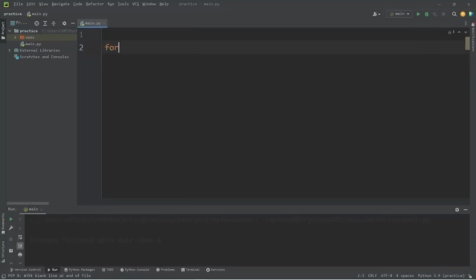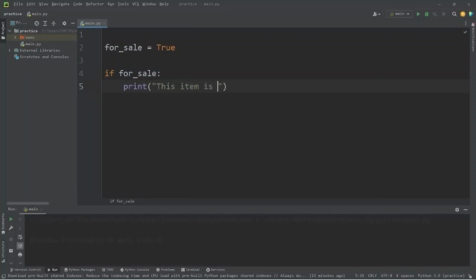One important thing that you should know is the use of Booleans with if statements. Suppose we have some Boolean variable named for sale. I'll set this to be true. Now, using an if statement, you can just use the Boolean variable in place of a condition, because a condition would evaluate to be true or false. We could just say, if for sale, if that's true, then let's print this item is for sale. Else, we will